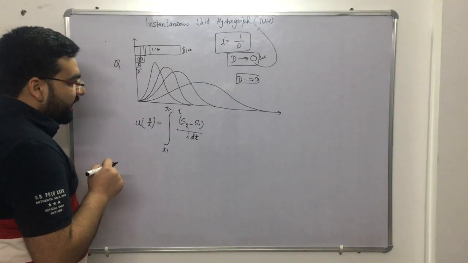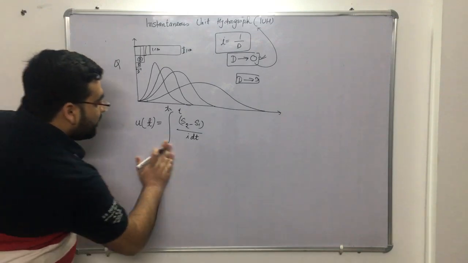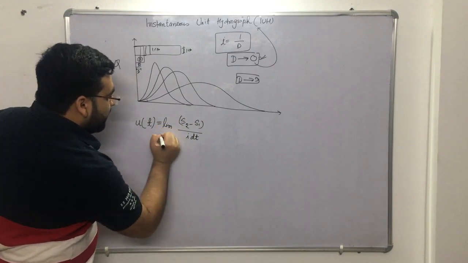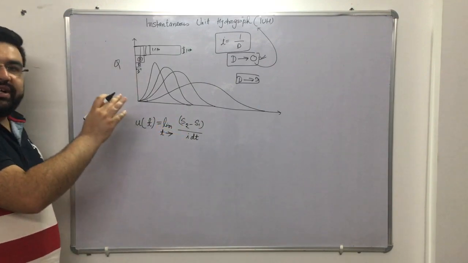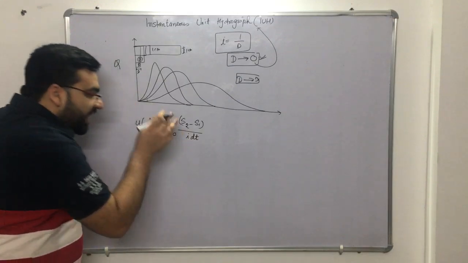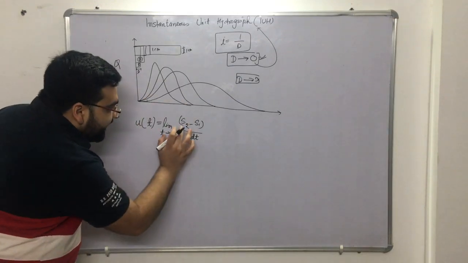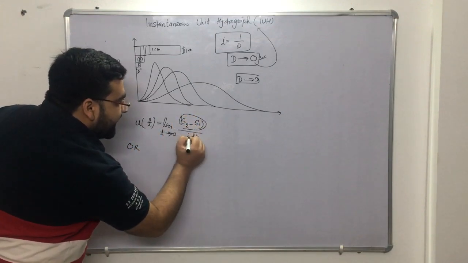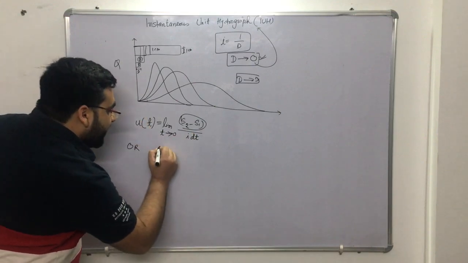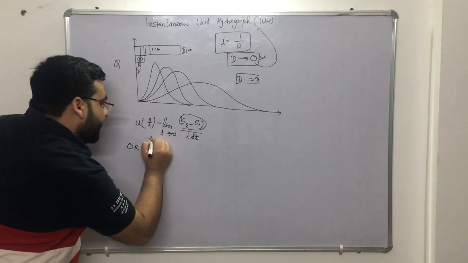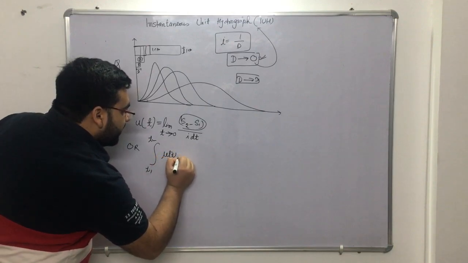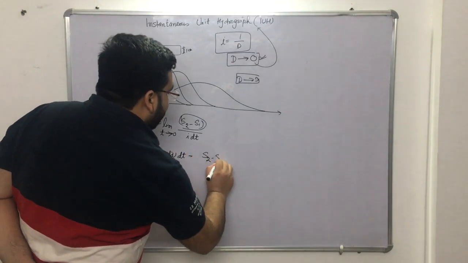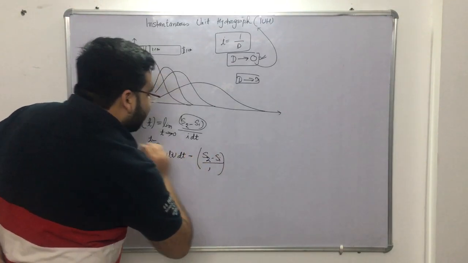Or I can also say that the instantaneous, not instantaneous, that is limit. So limit T tending to 0, that is time almost tending to 0, right? So I will be getting (S2 minus S1) upon I dt, or I can also say that if I want to determine (S2 minus S1) upon I, so I can say I have to integrate it. So integration from T1 to T2 of u(t) dt, I have taken here, it will be equal to (S2 minus S1) divided by the rainfall intensity.